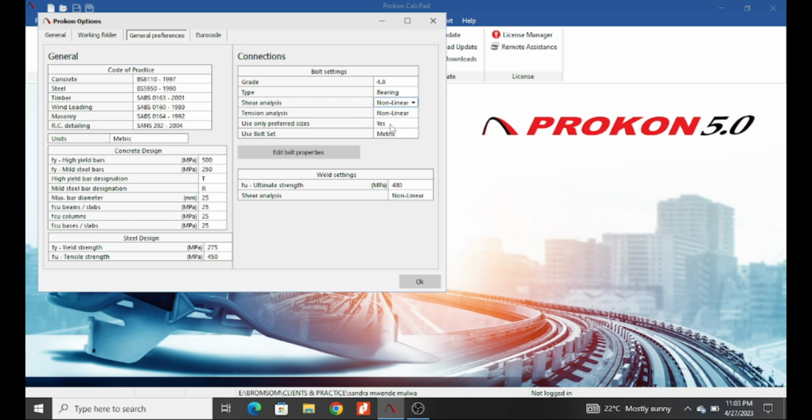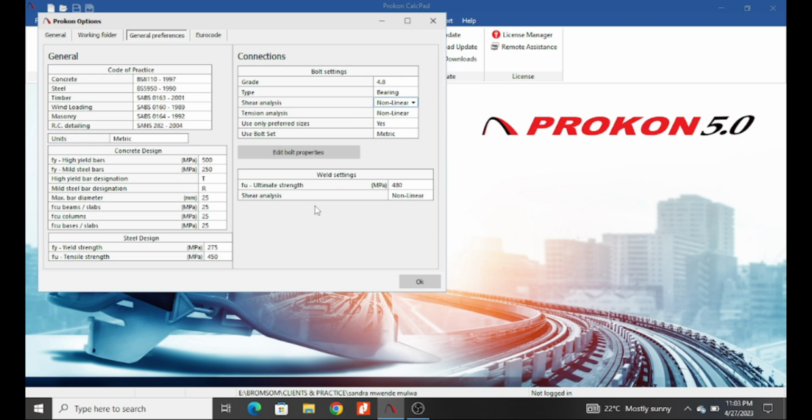And you can tell the software to use only the preferred sizes as you would wish. Also, in weld settings, you can set the ultimate strength of your weld connections and the shear analysis that will be run when you're doing weld settings. So from here, these general preferences are of importance because they help you set the parameters before working.